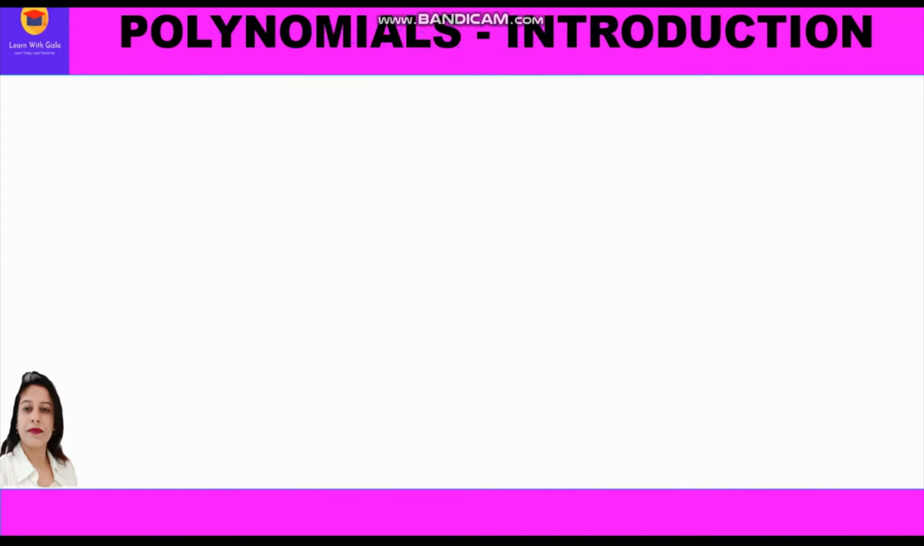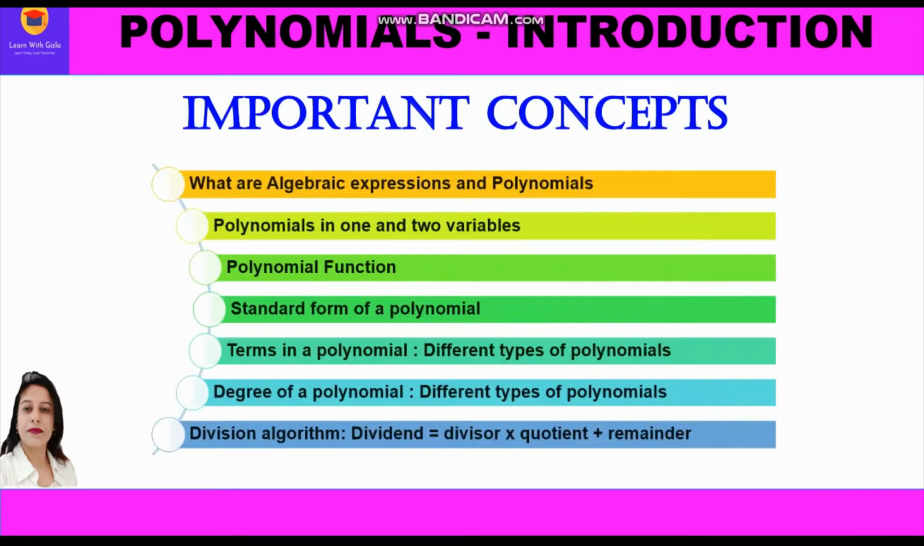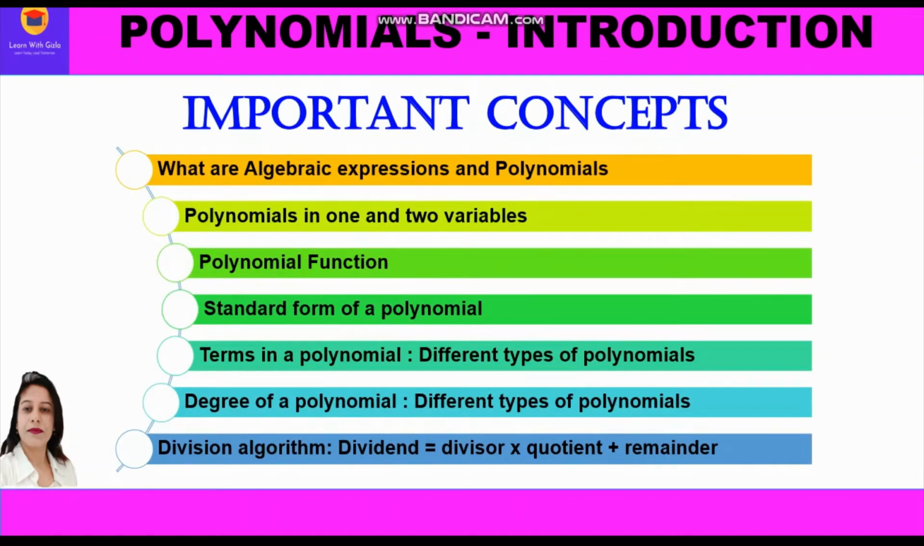In this video on polynomials, we shall be studying various important concepts related to polynomials. First of all, we are going to study what algebraic expressions and polynomials are and the difference between the two. Then we shall study polynomials in 1 and 2 variables, moving on to polynomial function, standard form of a polynomial, terms in a polynomial and different types of polynomials based on terms, then degree of a polynomial and different types of polynomials based on degrees, and then last but not the least